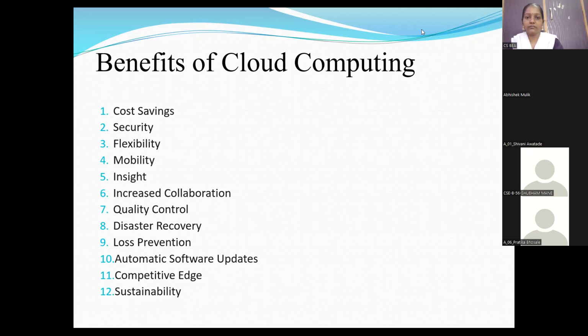Then next is security. Here, for example, many organizations have security concerns when it comes to adopting a cloud computing solution. After all, when the files, programs, and other kinds of data are not kept securely on site, then how will it be protected from hackers' attack, we can say. So here security is also a major concern.